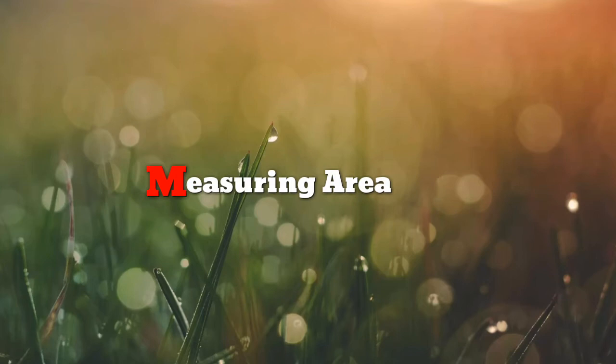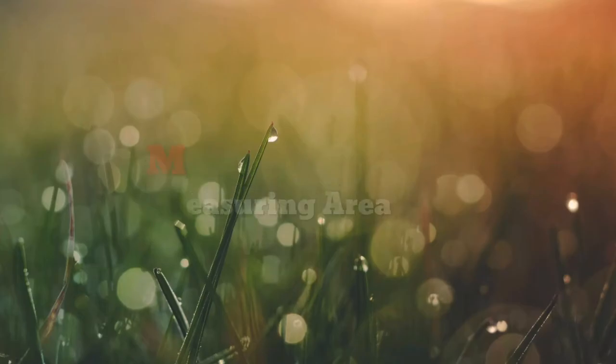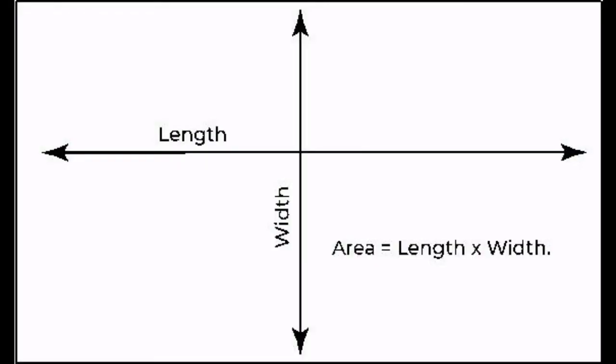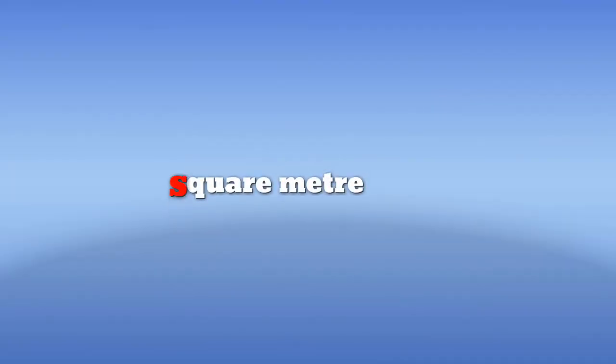Now our next topic is measuring area. As we all know, a closed figure that can be drawn on a plane is called a plane figure, and the amount of surface enclosed by a plane figure is called its area. Or we can say that any region completely covered by its boundary on a plane figure is known as its area. The unit of area is length into length. The unit of length is meter, so its combined unit for area is meter square.